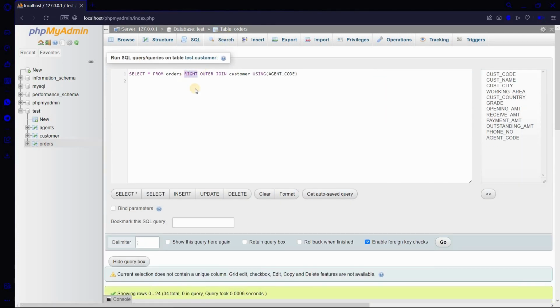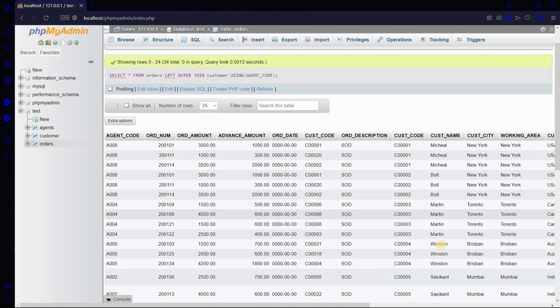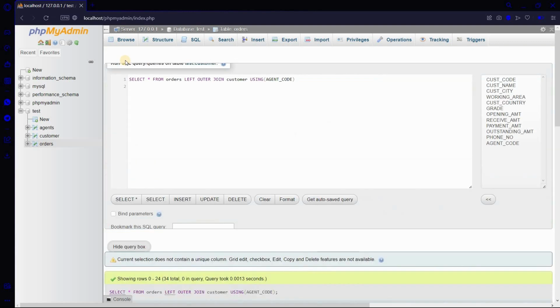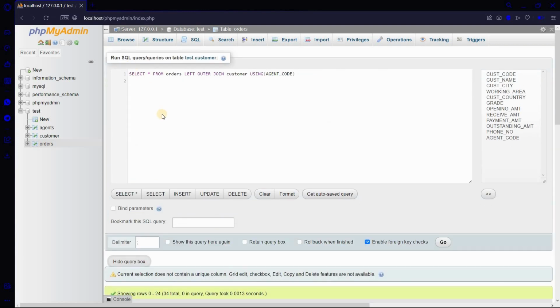Let us see what happens when we replace right with left. You can see that this time the orders table was displayed before the customer table, because left outer join is completely opposite of right outer join.